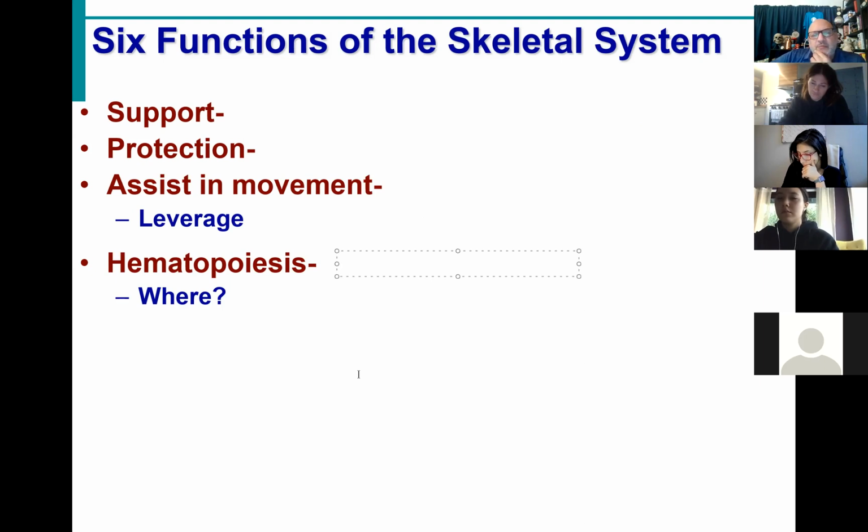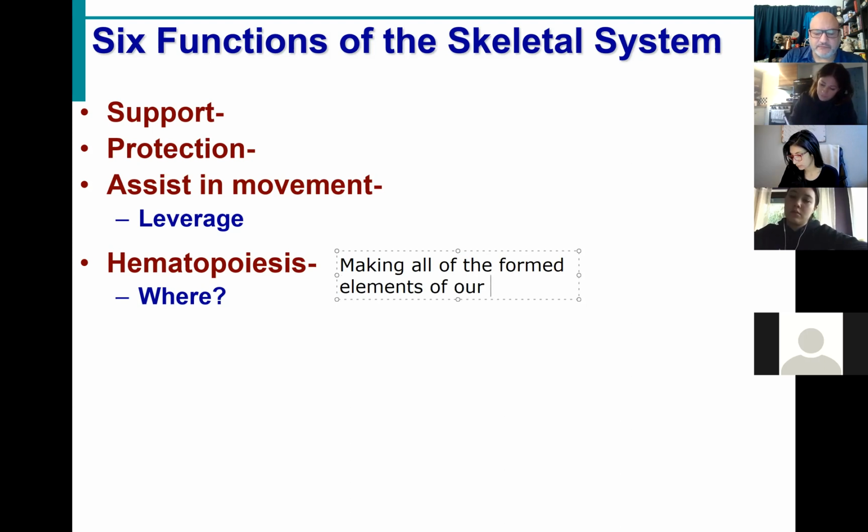Hema. What does hema remind you of? Hemoglobin. Right? And where is that found? In our blood. Absolutely. Our skeletal system is responsible for making all of the formed elements